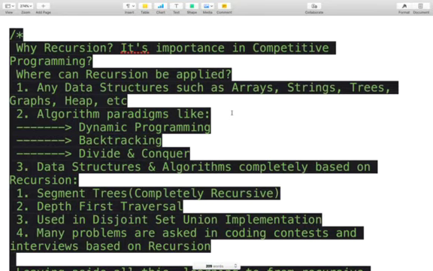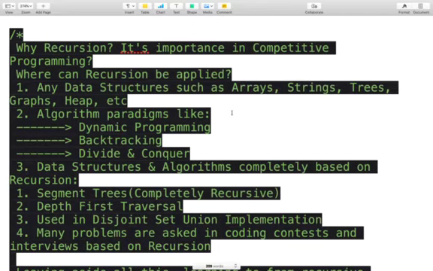Dynamic programming is an optimization of recursion using memoization. We can't visualize dynamic programming without being able to visualize recursion, so we need to master recursion first before dynamic programming or graph topics. The next one is backtracking. What is backtracking? I have already talked about the returning of a function. A function returns to the point from where it has been called initially.